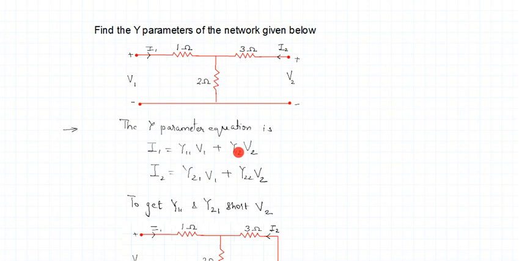So when we are going to Y parameters, we need to have an equation which is I1 in terms of V1, V2 and I2 in terms of V1 and V2. So we need to always keep a focus on what kind of equation we need to get from the circuit so that we get these parameters y11 to y22. So to get this relationship, we cannot move with the usual KVL approach.